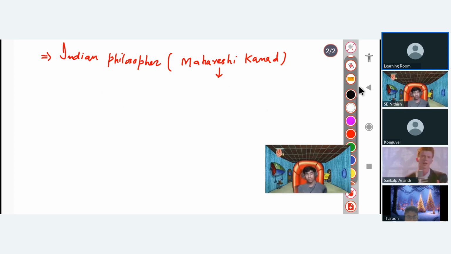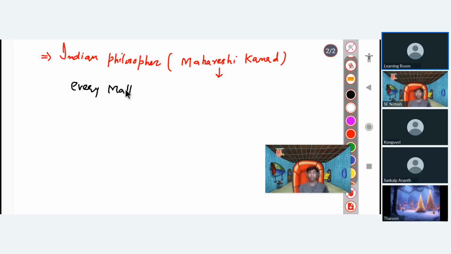So you will write it like this, that every matter. I hope you remember what matter is. Anything which has mass and occupies space, right? Every matter is made up of